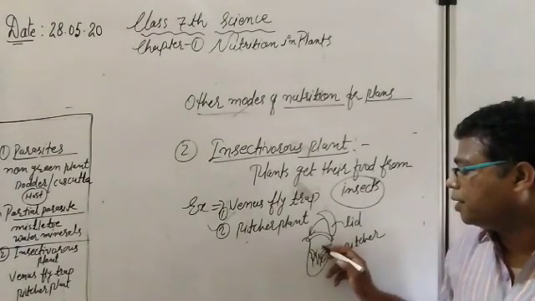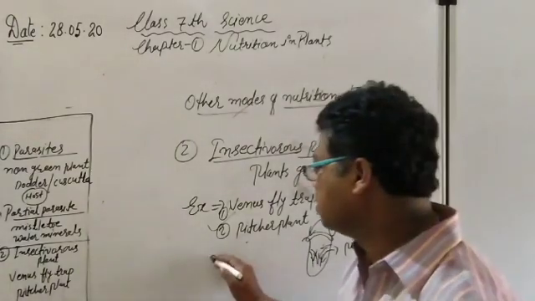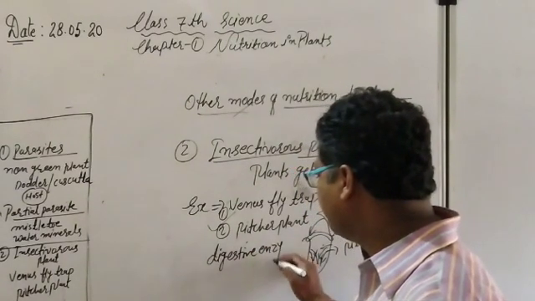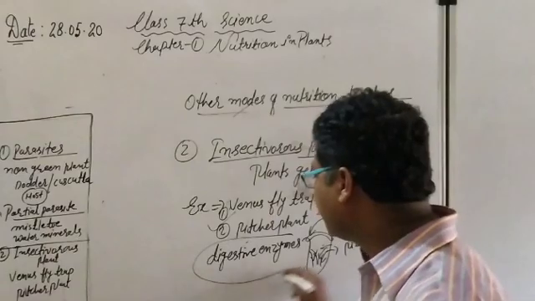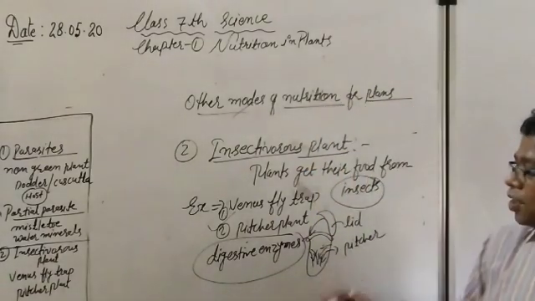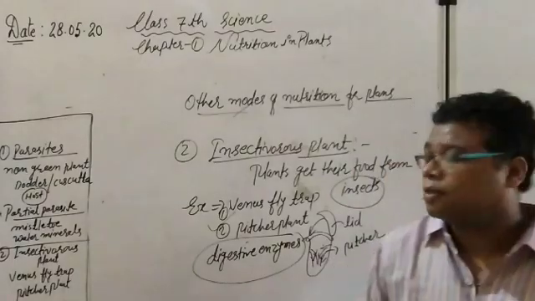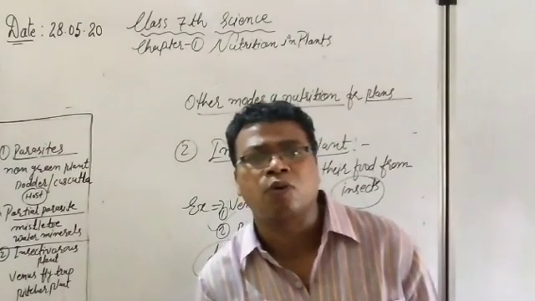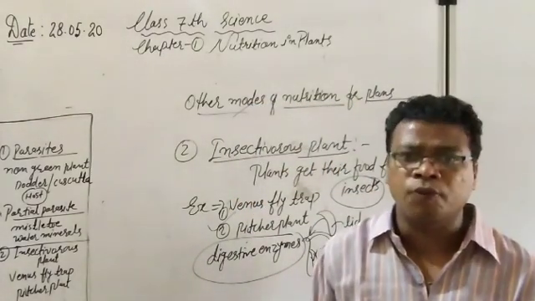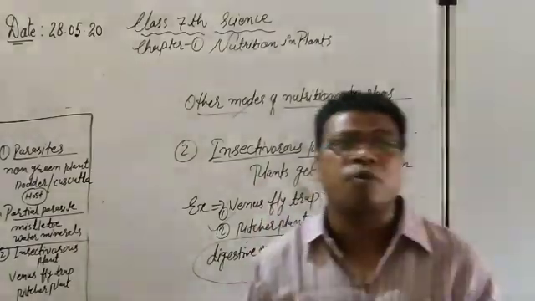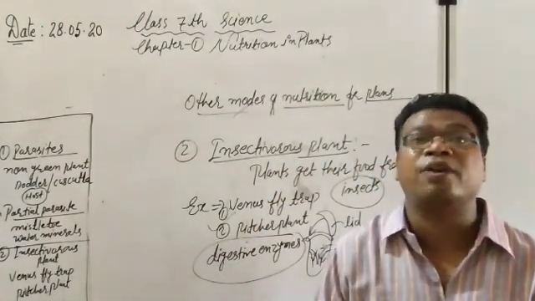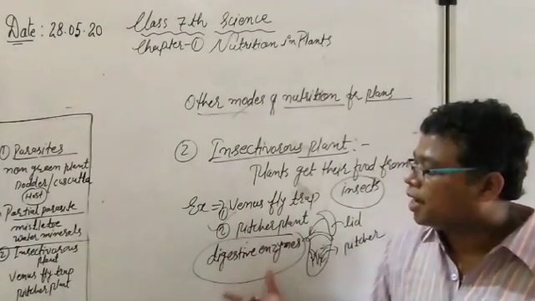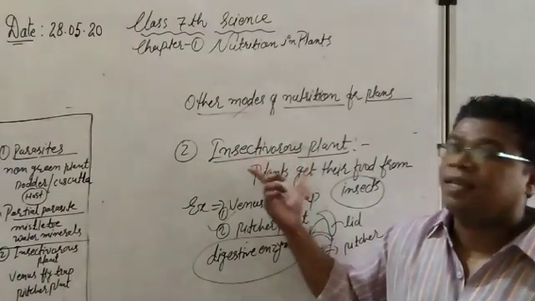After that, the pitcher plant secretes digestive enzymes, and with the help of these digestive enzymes, it digests the food material, which is none other than the insect. Pitcher plant and Venus flytrap also contain chlorophyll. They have the ability to produce their own food. Still, for some other requirements like nitrogen and phosphorus, they catch insects, and that's why they are known as insectivorous plants.